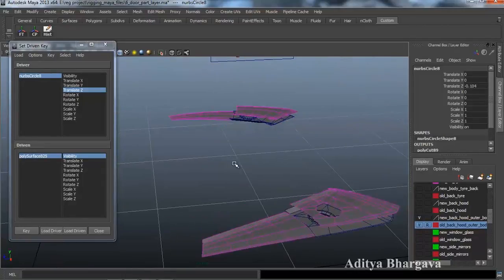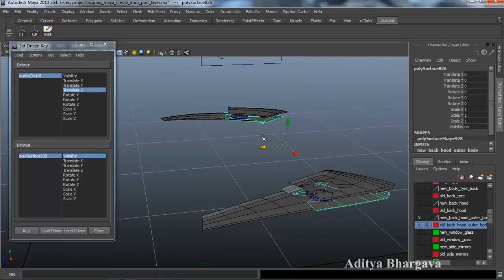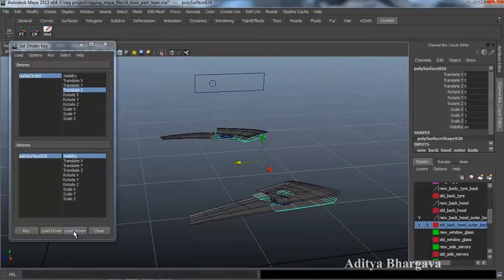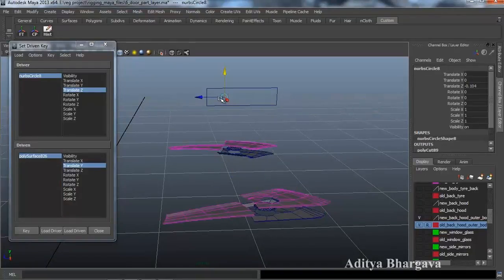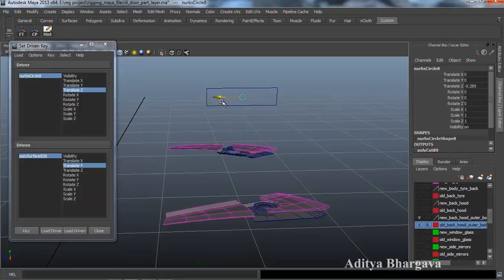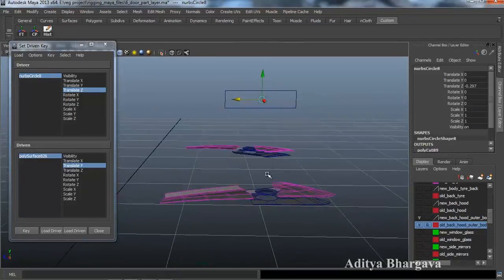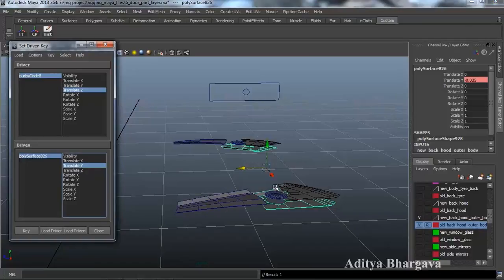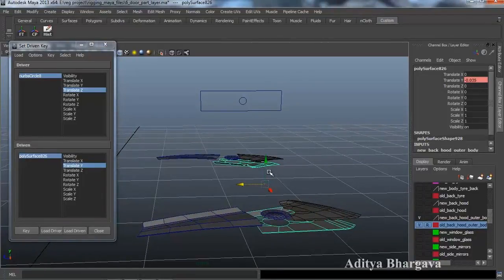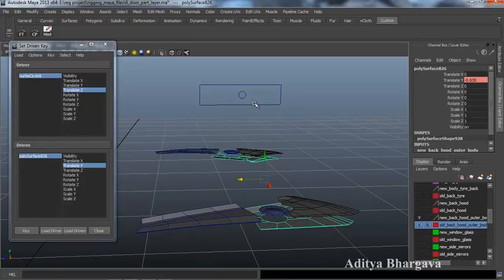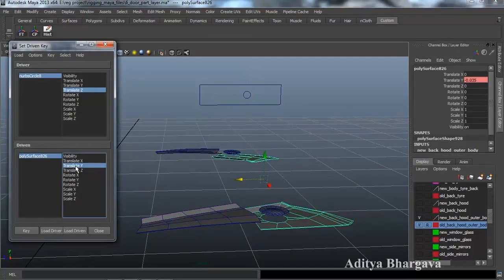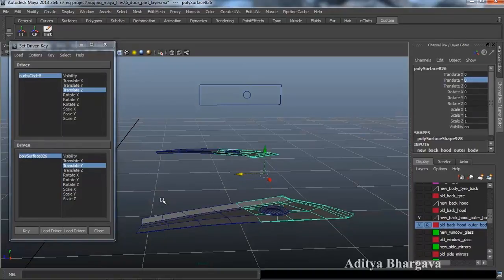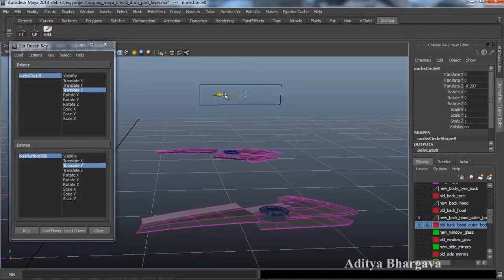Now let's move on to the second part. That was this one. We'll select this part, we'll add it to the driven object, we'll take the y-axis a little bit downwards, we want it to be hidden at least till this much part. So we'll select this object, we'll add a key over here, then we'll move the controller forwards and take the y value to 0, and we'll add key,